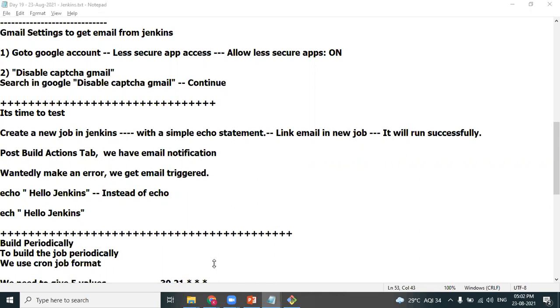In Groovy code, yes, you are right, you have to do it in the code. There are a lot of Groovy codes available, which help you select the right options in the snippet generator. There are the right options in the stages, and then you have a lot of steps using which you can send emails in the pipeline jobs also.